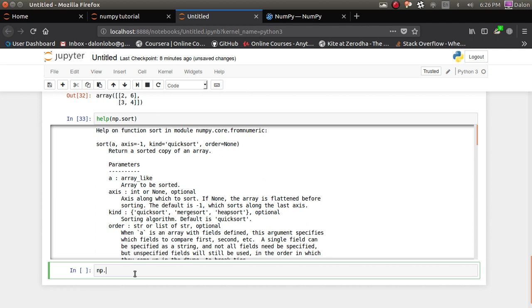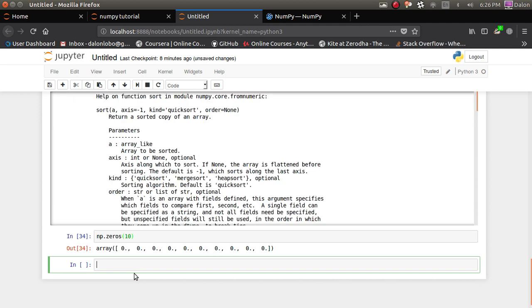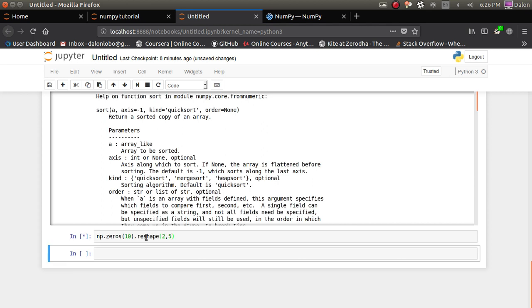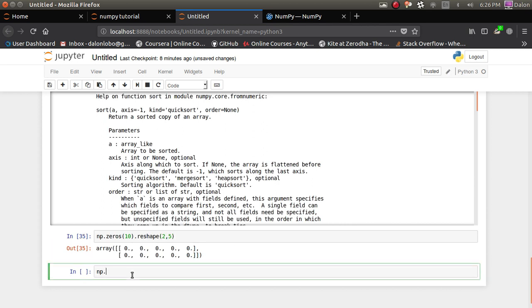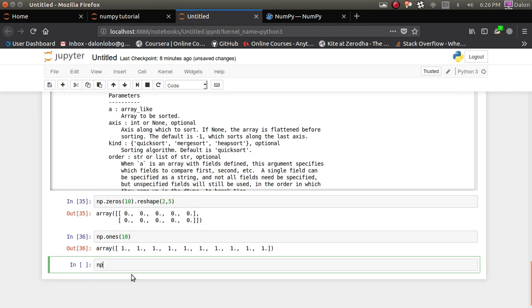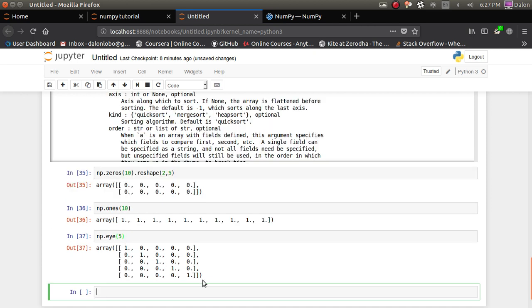Let me show you some other, like a range. You want to create zeros, array of 10 zeros. Let's say you want to reshape them into a 2 cross 5 matrix. Reshape 2,5. Also there are functions like you can create ones. Let's say you want 10 ones. Also you can create zeros, ones, and the identity matrix, which is basically a square matrix with the diagonal elements as 1. So you have this, and